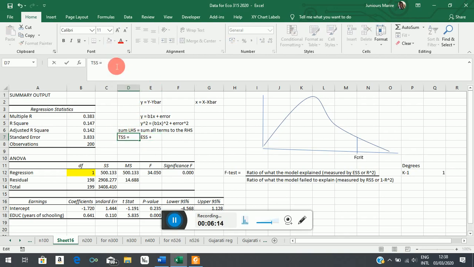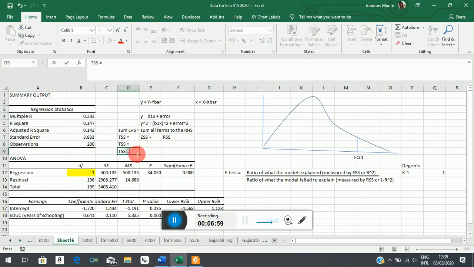That's the problem of working in Excel, because now it wants to read everything as a formula. This term here, b1 x squared, is your explained sum of squares. This is what the model is offering in terms of explaining the variations we observe in our earnings. And error squared is your residual sum of squares. So this is what the model failed to explain, and what the model explained, the totality of what should have been explained. Now if you divide everything